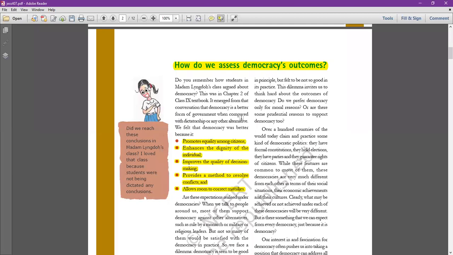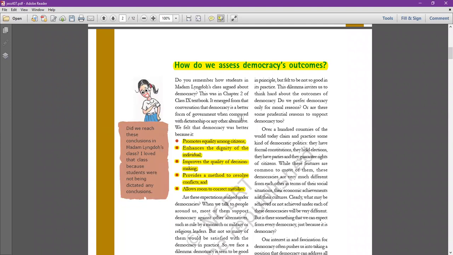अब अगर आपने मानो कोई, if you have elected the government which is taking wrong decisions for you and the government is not working properly, so at a regular interval you will have the option, you can remove that government, you can elect any other government. So in democracy even people have this right to correct their own mistakes. Mistake simply means the wrong government if you have elected, or otherwise if you think that the government is working properly you can re-elect the government. So it is only possible in democracy. So democracy allows room to correct mistakes.